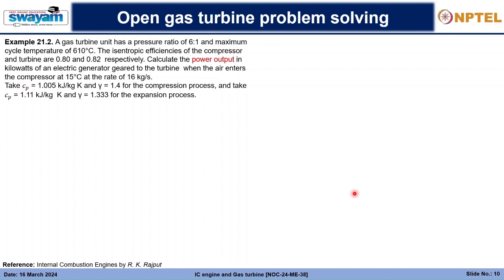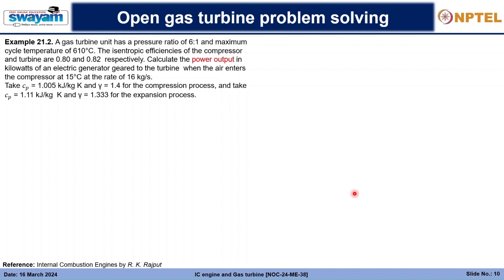We need to calculate the power output in kilowatts of an electric generator geared to the turbine when the air enters the compressor at 15 degrees Celsius at a rate of 16 kg per second. We have to take the value of Cp to be 1.005 kilojoule per kg Kelvin and gamma equal to 1.4 for the compression process. And we take 1.11 kilojoule per kg Kelvin as Cp and gamma as 1.333 for the